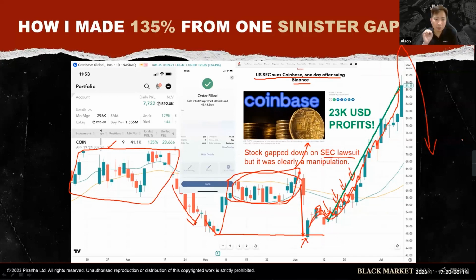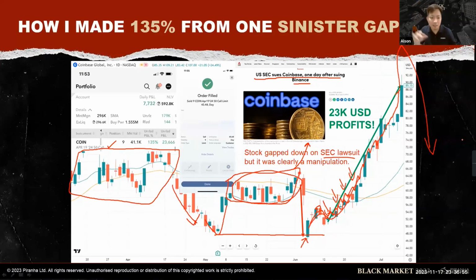When you trade, focus on the price action. And the reason why I have the confidence to enter is because I understand the market manipulation. Imagine if I did not understand, I would have been afraid and sold off. I would definitely have sold away and then missed the whole thing. I'll miss this $23,000 move. Because if I'm not trained, I will not understand what's going on. I don't know whether it's a real manipulation or should I just stay out, and I'll probably just miss the whole thing. So that's why understanding price action manipulation skills will help you.